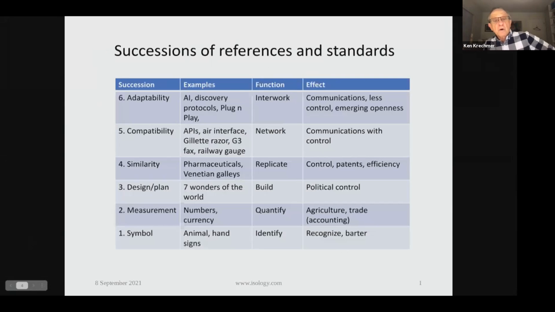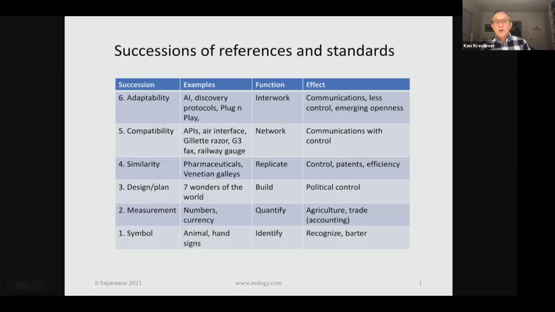There we go. Okay, so I'm trying to give a little more detail to the successions of references and standards. The symbols, as I mentioned, the purpose is to identify, to recognize, and the effect is to recognize and to barter. With measurement, the earliest use of symbols with measurement is obviously numbers, and later on currency. And the function here is to quantify. And this is the basis of agriculture, and this is the basis of trade. And where I'm using trade as the formal mechanism where we use numbers and we no longer just barter,